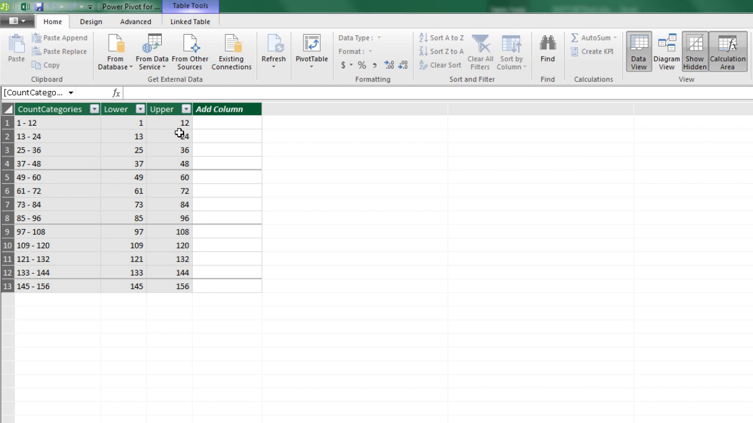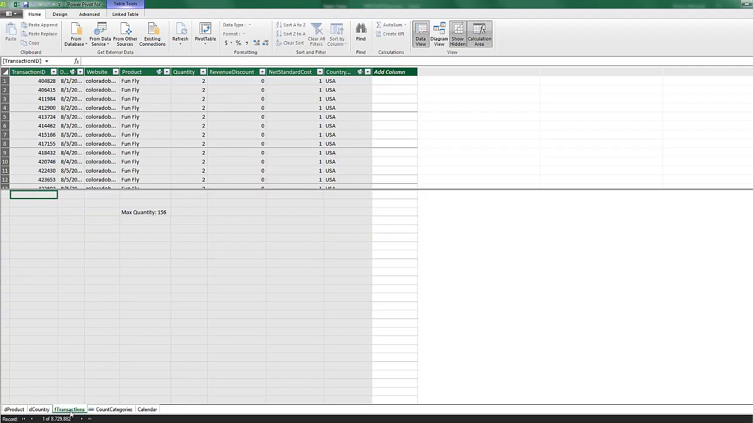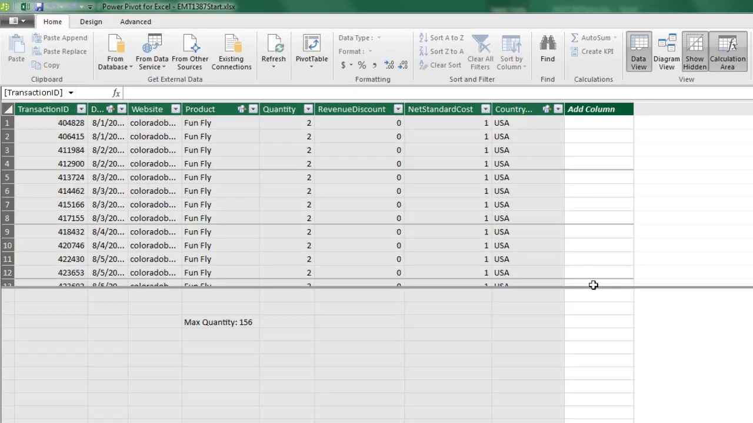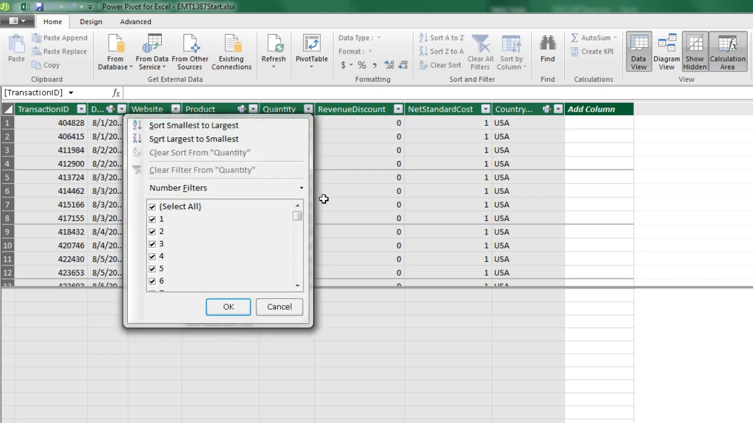What we're going to do is, over in our fact table, in essence, code each transaction with the upper limit, either 12, 24, 36, 48. So if I go over to F transactions, I need a calculated column that will look at the quantity. 2 would be rounded up to 12. If I click the filter, you can see a unique list. So if I was at 34 quantity, it would need to round up to